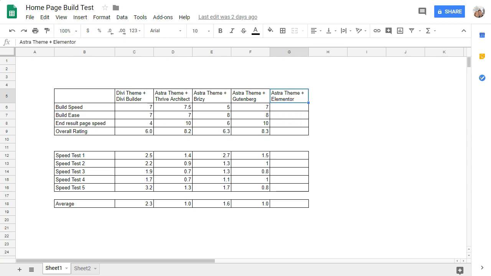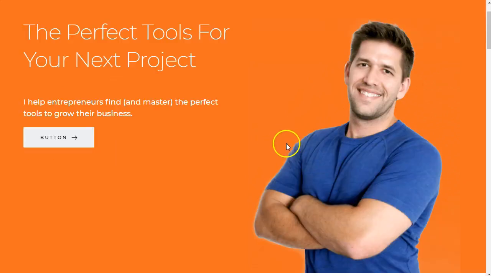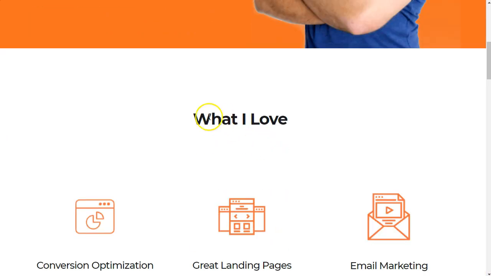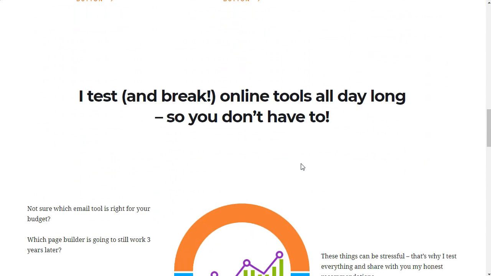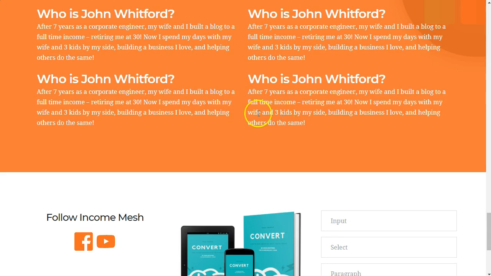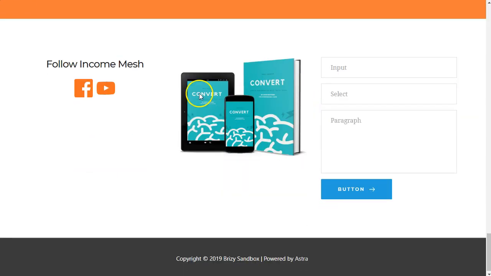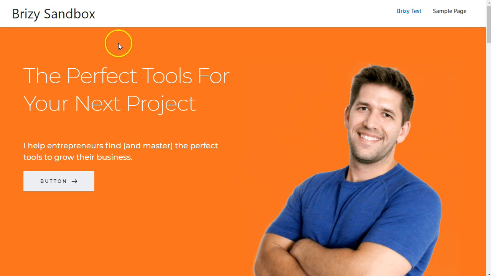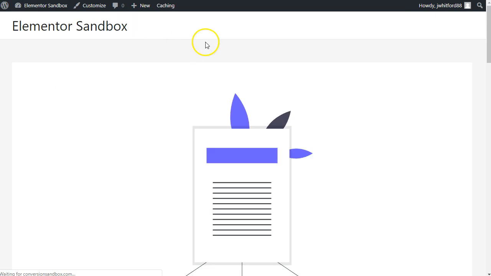I'll give you an idea of what it is we're going to be building in general. This is actually one of the samples we built from Brizy. So the styling will be a little bit different than what the original demo was, but it'll give you an idea what it is we're going to build. So a couple different layout elements, some blog post grids, several different images and overlays and stuff going on here, as well as just a lot of different column layouts. So let's waste no time and go ahead and dive in and build this sucker using a blank Astra website